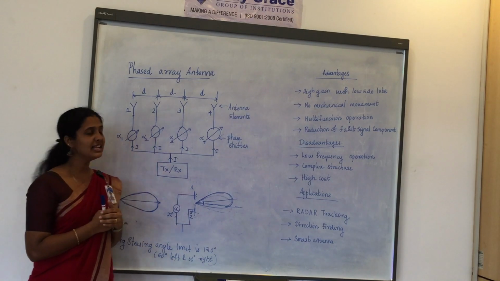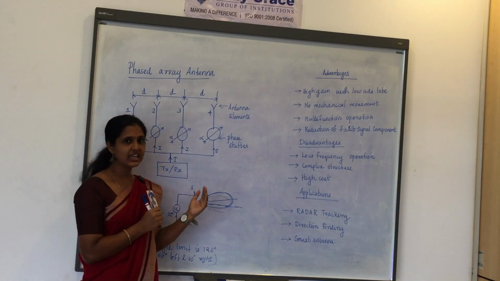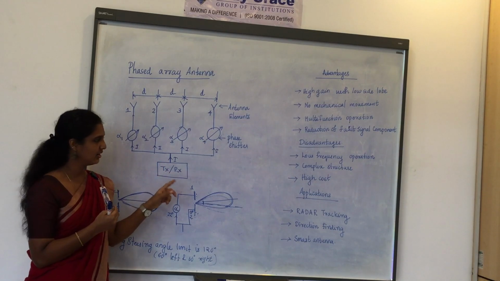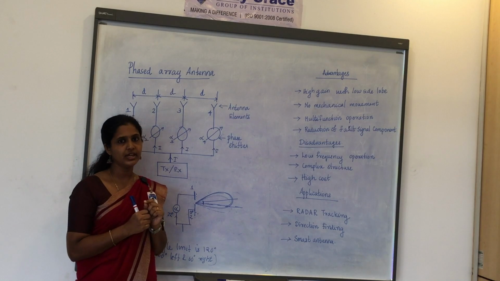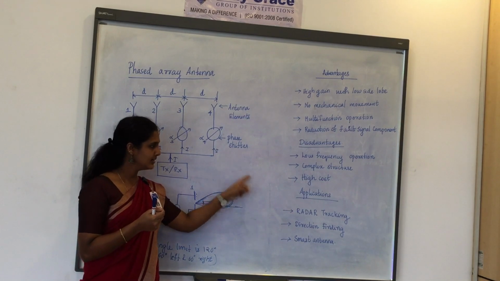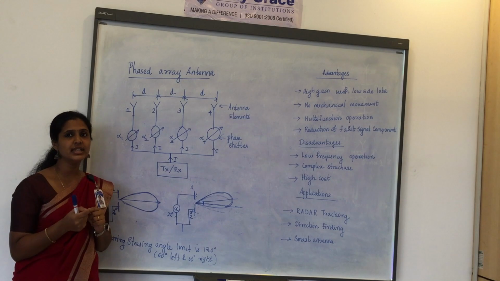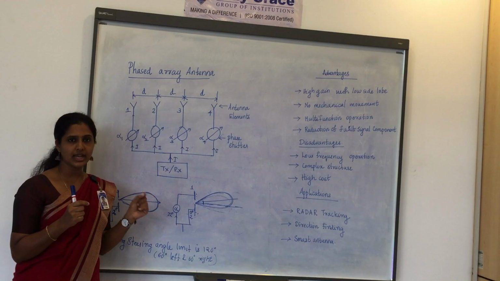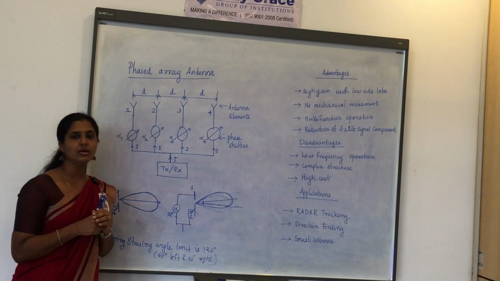The applications of steering: mostly it is applied in radar. In radar tracking, we find out the object, and we use antenna steering for that. That is one of the applications, radar tracking. Next is direction finding. To find the direction of other objects, we can use antenna steering. Next is smart antennas. In 5G technology, we all know the antennas we are using are smart. So the main technique behind smart antennas is what? Beam steering. So that's all about beam steering.